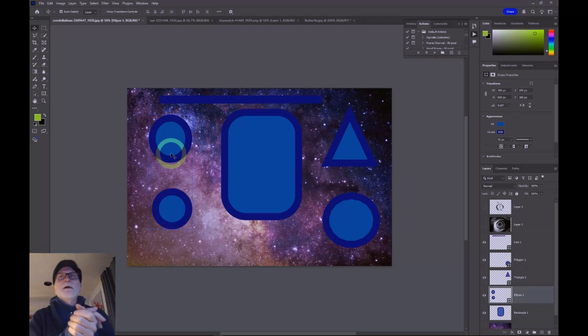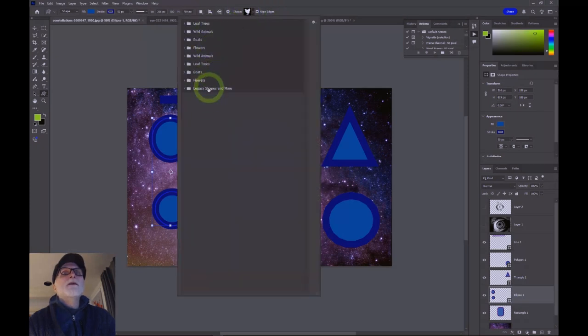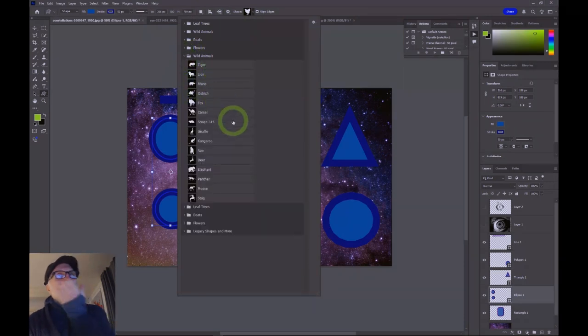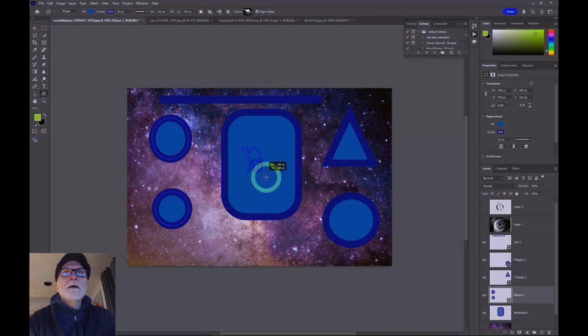Okay, so that's the shape tool. There's also, if we click on the shape tool at the very bottom, we can go to the custom shape tool. And the custom shape tool allows us to use in the options palette this pop-up of different kinds of custom shapes. You can see that I have wild animals. If we wanted to make, let's say, a camel shape, click on the camel shape, and now we can draw the shape of a camel